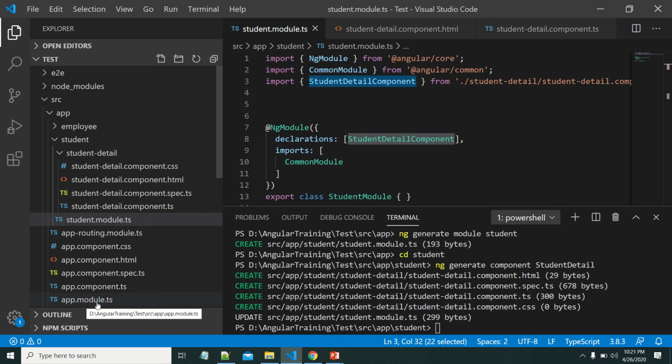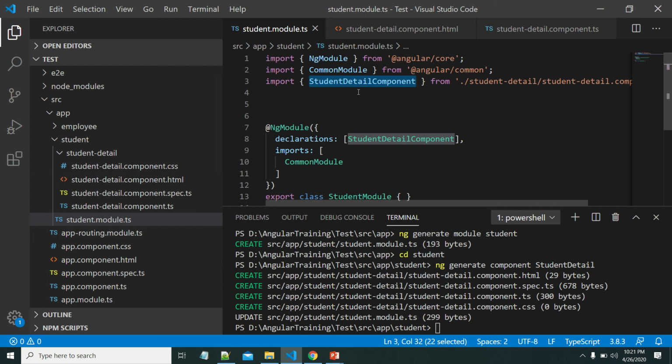If you want to add it to some other module, we can delete it from the specific module, and add it in whichever module we want. Now once the component is created, it is added to student module.ts. Suppose this student detail component needs to be used in app module.